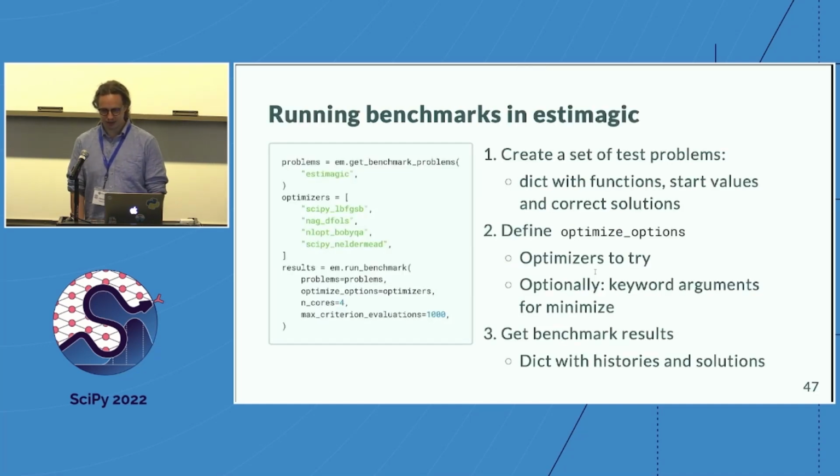So running benchmarks in Estimagic has 3 simple steps. The first one is you get a problem. The second is you define which optimizers you want to benchmark. And the third one is actually running the benchmark. So to create the test problem set,